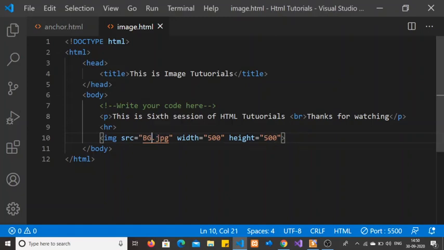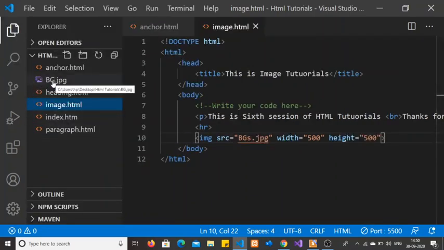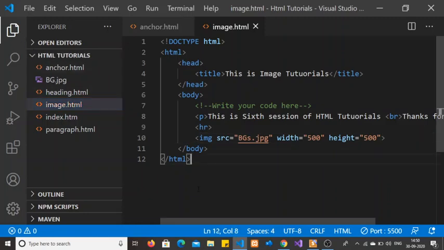Let's understand one concept. I am giving this file name bgs. As you may see here, the bgs file is not available in this HTML tutorial directory. So let's run this code. Yeah, the box appears, but the bgs.jpg file is not present in the current directory, so it's not showing the image.